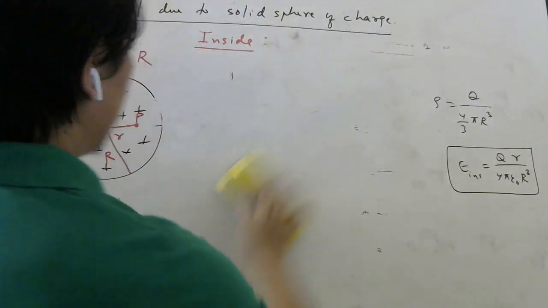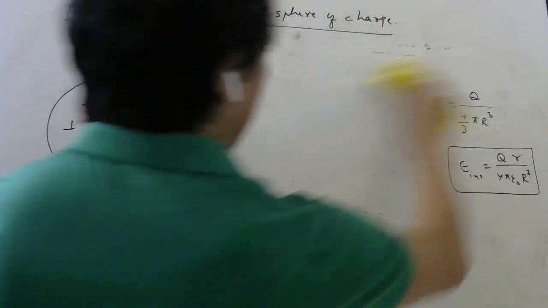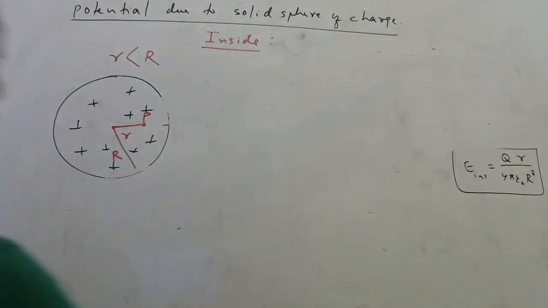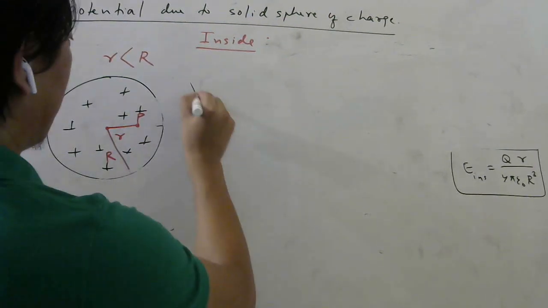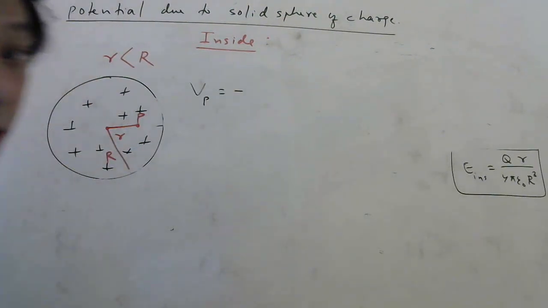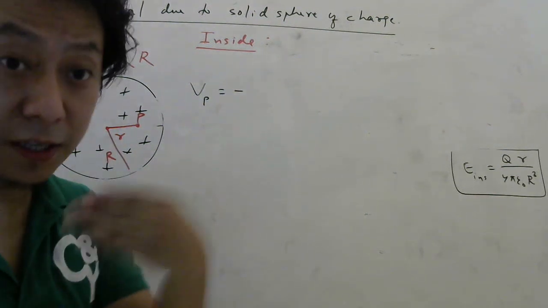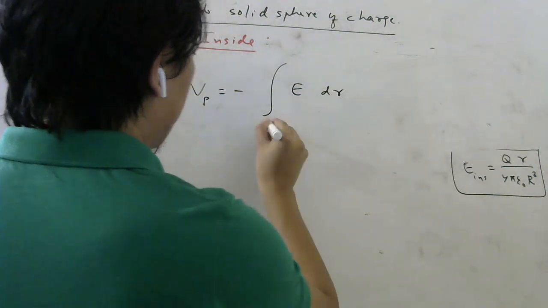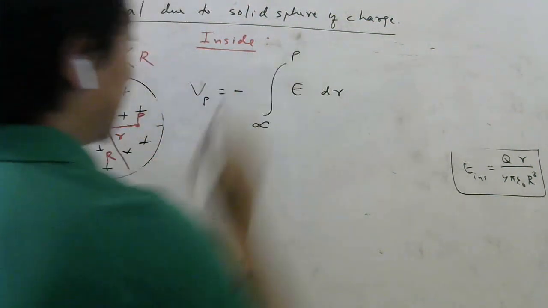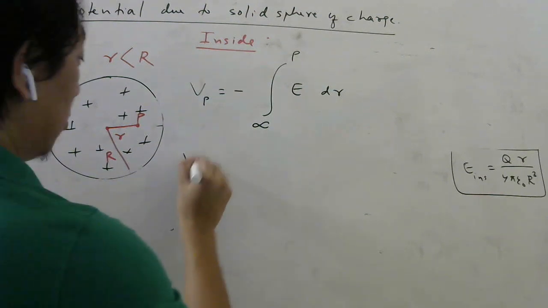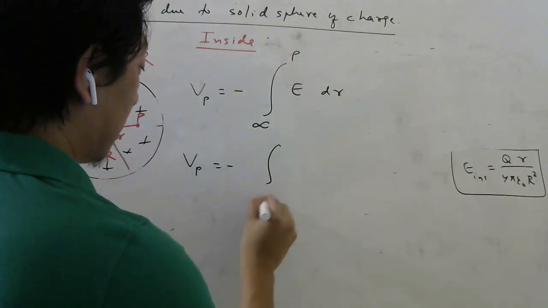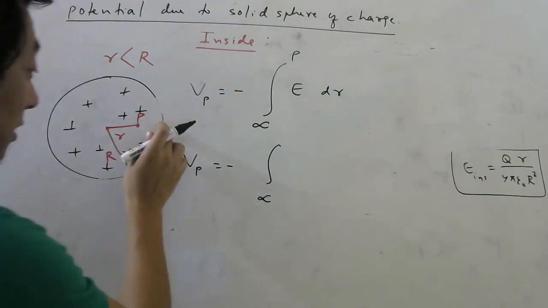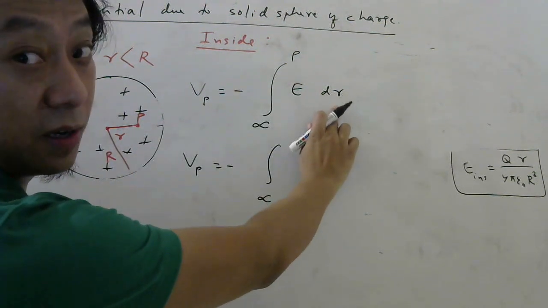Okay. So we have now come to know that this is the electric field inside. It is no longer zero. So now I want potential at this point P. We will use the formula in terms of electric field. What was the formula? Minus integral of E dr from infinity to that point P. Now let us put limits properly. Look carefully. First I will come from infinity till I touch the surface. So when I touch the surface, my small r, which is variable, will be how much?